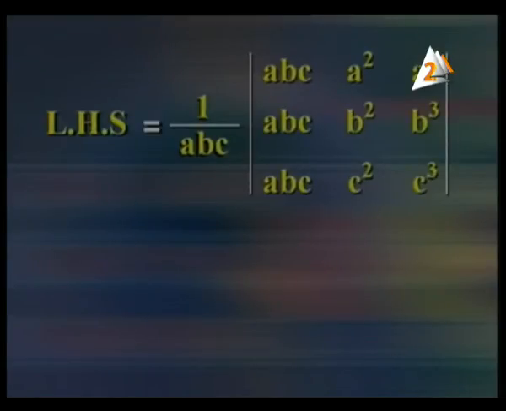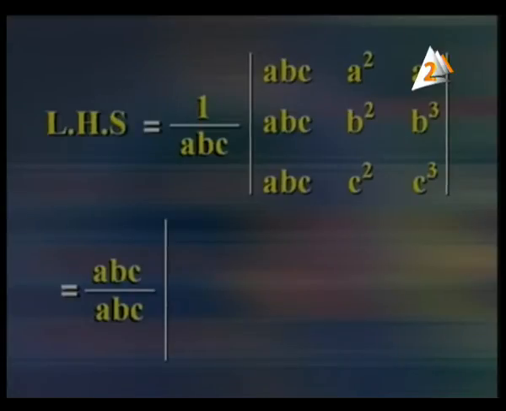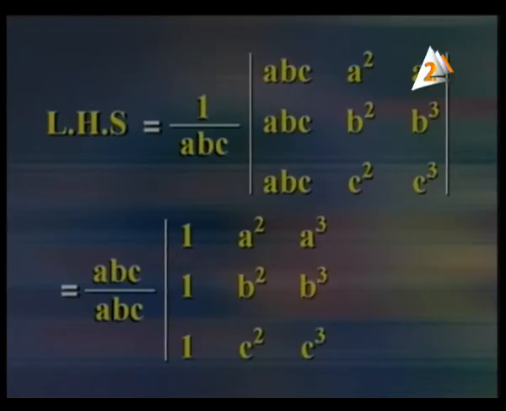Multiply the determinant of the third degree: ABC, A square, A power 3. Multiply the first row by A, the second row by B, the third row by C. The left hand side becomes ABC over ABC by using the highest common factor from C1, the first column. The answer is ABC over ABC, with 1, 1, 1 in the first column, A2, B2, C2 in the second column, A3, B3, C3 in the third column